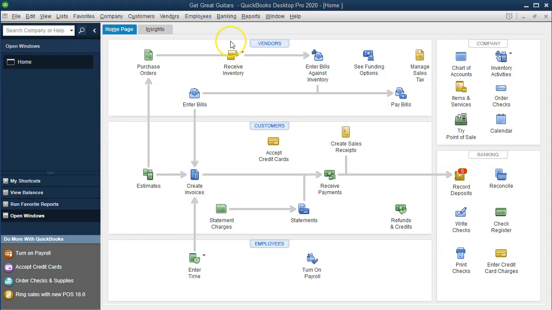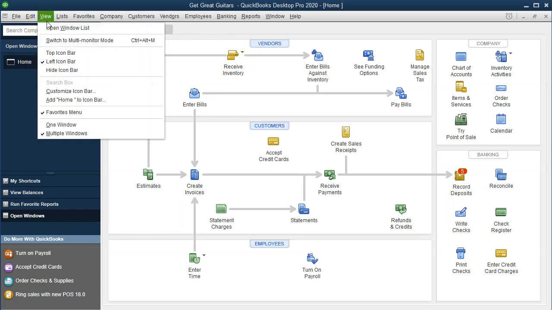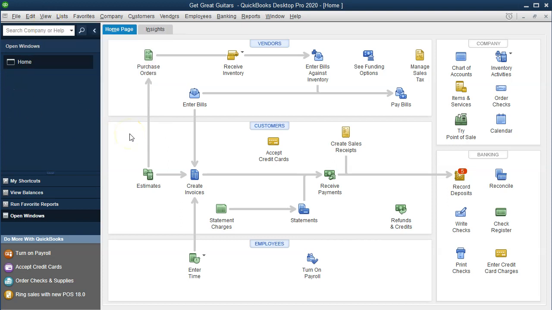Here we are in our Get Great Guitars file. We currently have the open windows open. You can open the open windows by selecting the drop down in the view menu and selecting the open windows view. Within the home tab, we're going to be looking at the record deposits on the far right. So what we're thinking about here is we've recorded deposits in the past, and notice